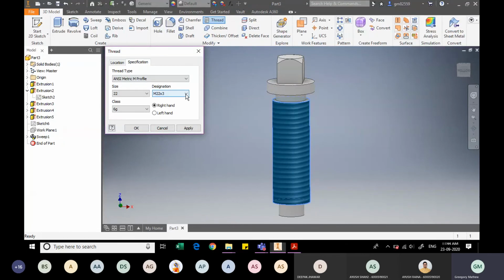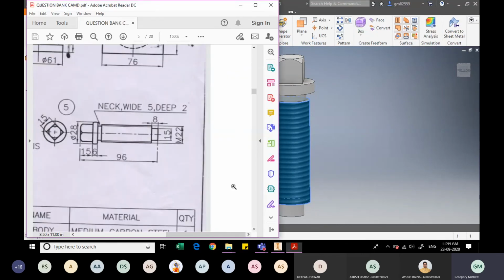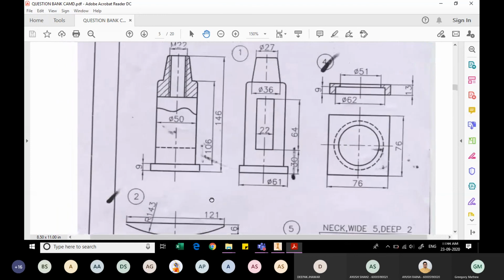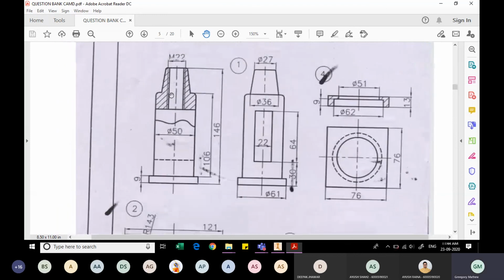If you remember the previous part that we had, this screw is actually going to sit into the body component. It is going to fit into this body component, and only if this thread and the outer thread on the screw have the same designation or the same profile will the assembly match correctly.